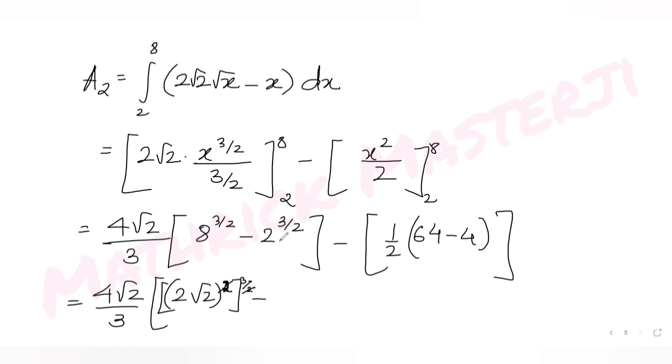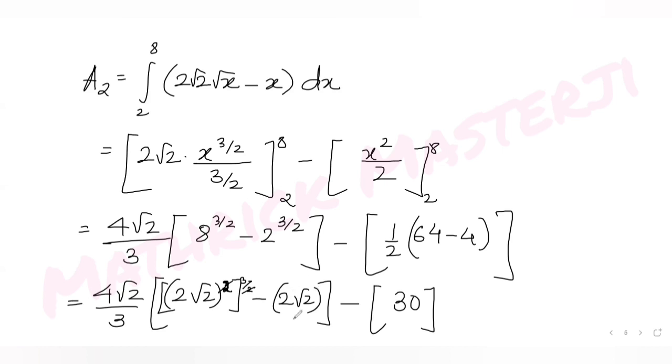And here if I see 2 raised to half first, so it is square root of 2, that is cubed, so 2 root 2 minus this becomes half into 60, which is 30. So from here if I try to solve it, I get 4 root 2 over 3